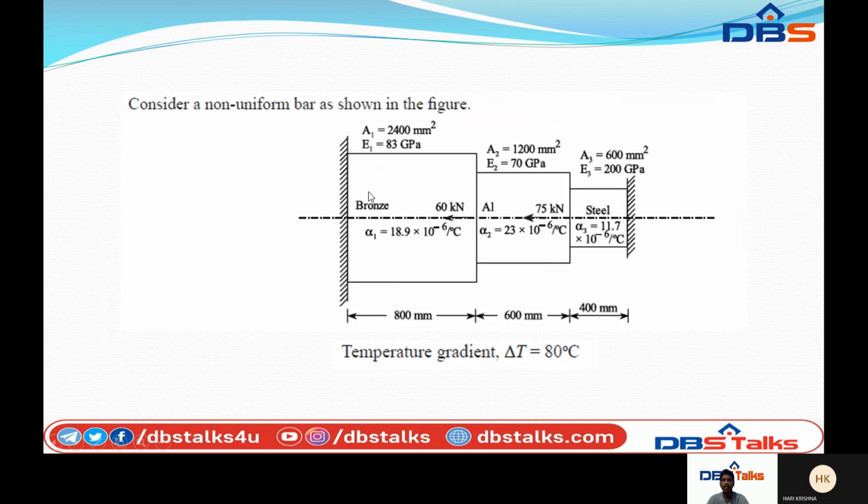For the first element, it is a cantilever beam. It is a cantilever beam with both ends fixed, first node and fourth node. Therefore, first node will be Q1 and end node will be Q4. Therefore, Q1 equal to Q4.